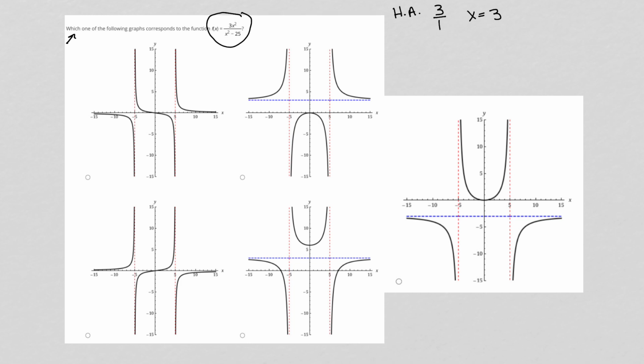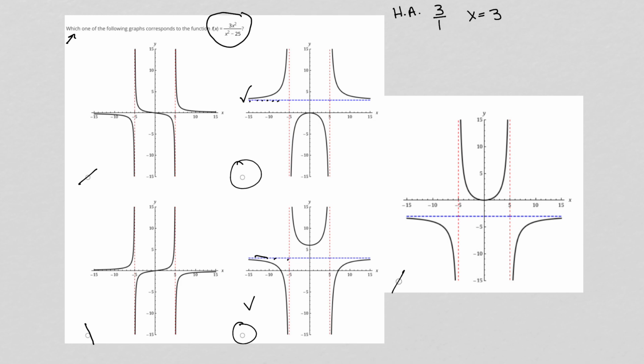So looking at my answer choices, this first graph does not have a horizontal asymptote at 3. This graph down here also does not have one at 3. It looks like this one does, right? This dashed blue line across. Looks like this next one also does. And this last one does not, as that is a negative 3. So we've already narrowed down our answer to either this one or this one, just based upon our understanding of